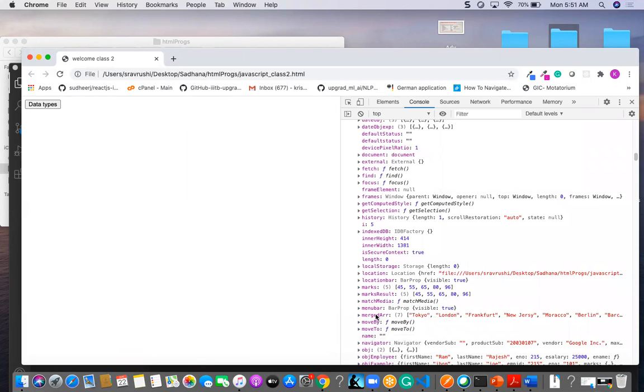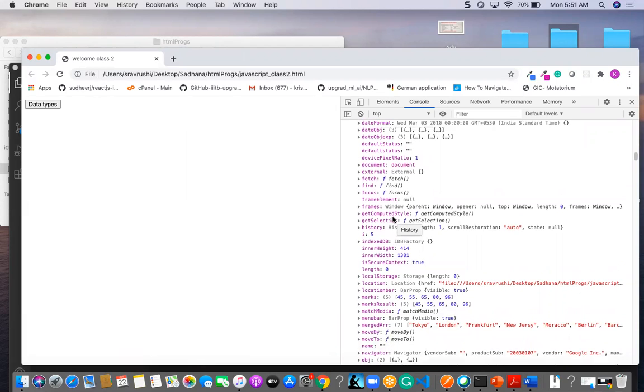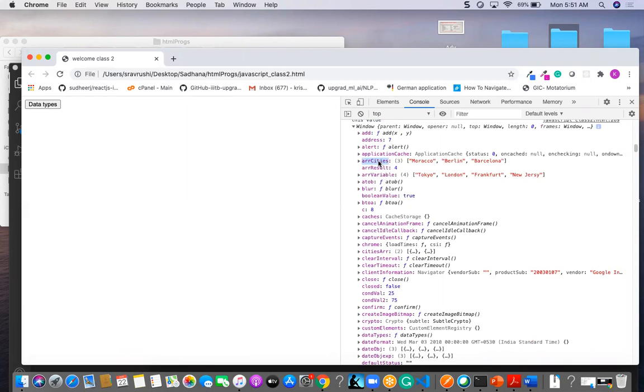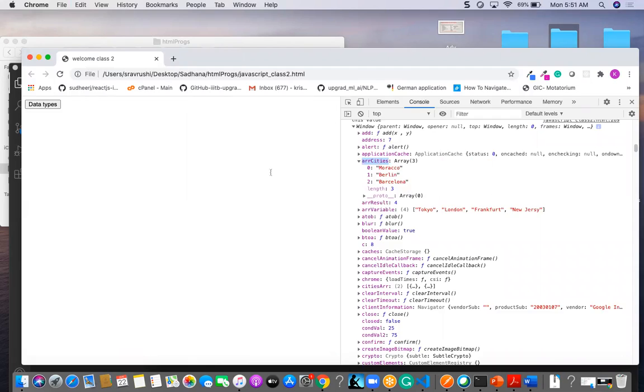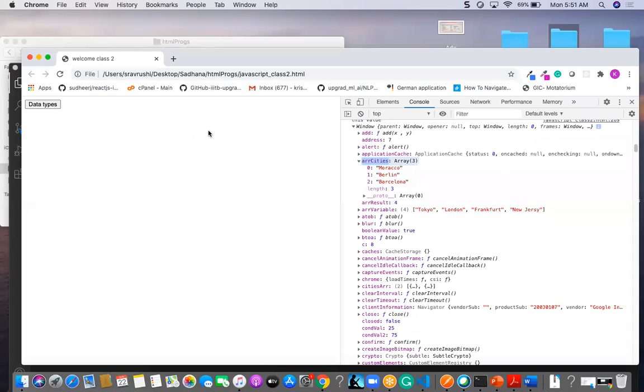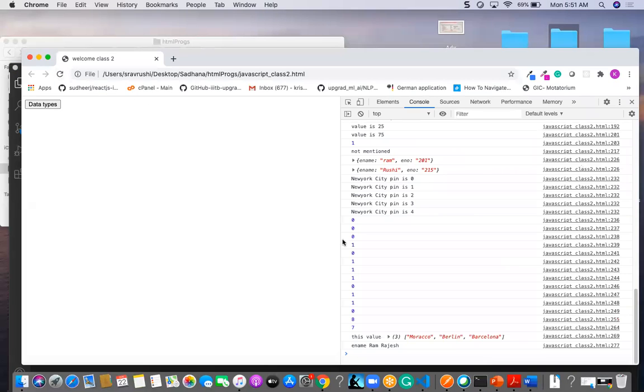So if I want to get a particular array value, let us think I want to get the array cities. So I can access this array cities. If I am giving this and checking, now this value I can find, array cities.